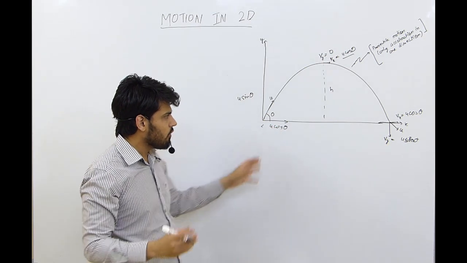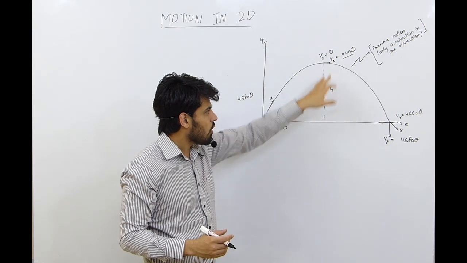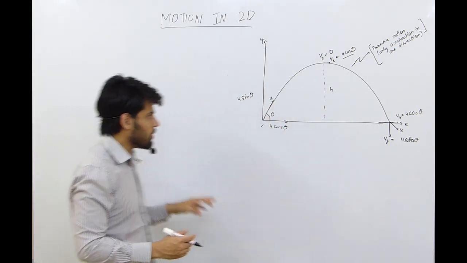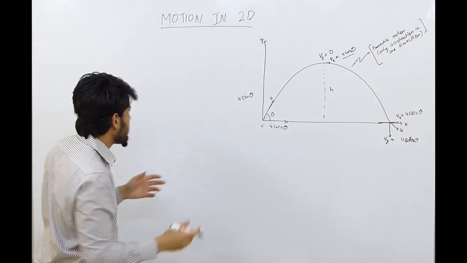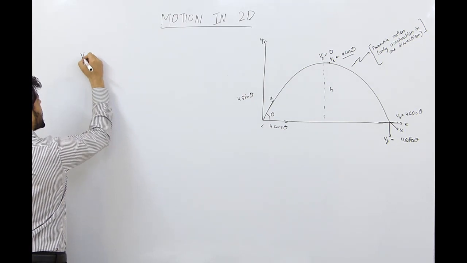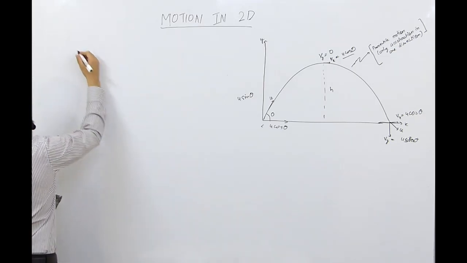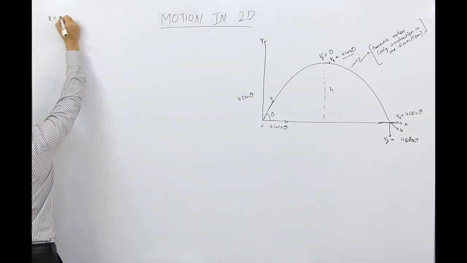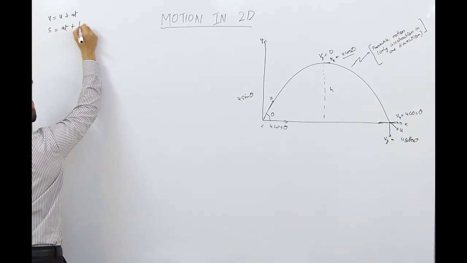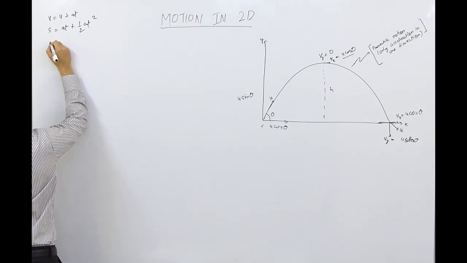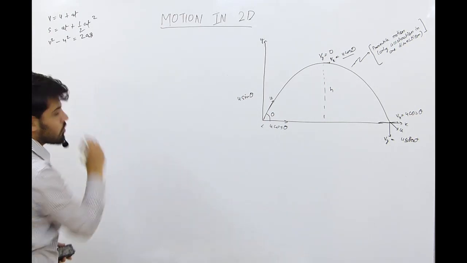So here we have to derive 2-3 things. First of all, we just assume what will be the height attained by this object if it is thrown with velocity u. So we will consider this vertical displacement, taking the equations of motion. We have to find h, so we will take these 3 equations you must be knowing. v is equal to u plus at, s is equal to ut plus half at square, and v square minus u square is equal to 2as. This you must be familiar with.